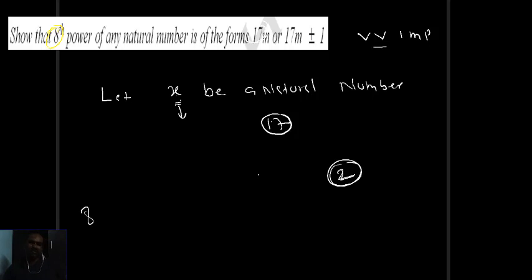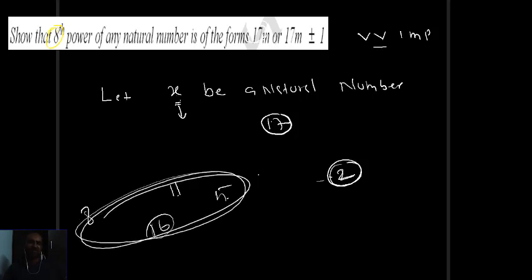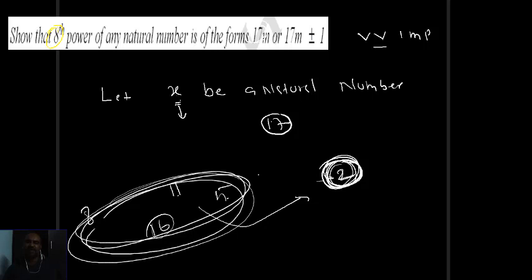You take 8. That is in the form of 2 into 4. Take 11; these two are co-primes. Take 15; these two are co-primes. Take 16, of the form 2 into something. What is the meaning of that? Take any natural number. Either the number is of the form 2 into something, or that number and 2 are co-primes. Obviously, because 2 is a prime number. That is the reason. Take any natural number; it is either a multiple of 2 or co-prime with 2 only.